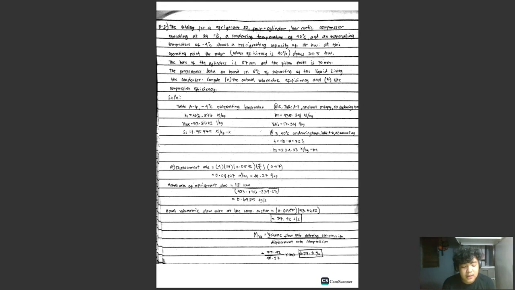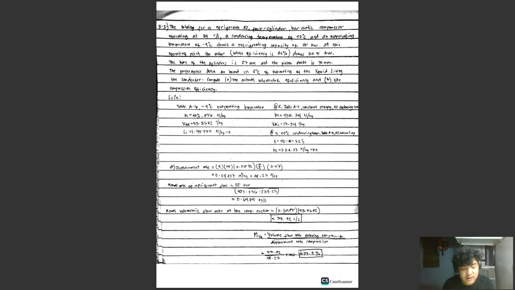At this operating point, the motor, whose efficiency is 90%, draws 34.5 kilowatts. The bore of the cylinders is 87 millimeters and the piston stroke is 70 millimeters. The performance data are based on 8 degrees Celsius of subcooling on the liquid leaving the condenser. Compute A, the actual volumetric efficiency, and B,